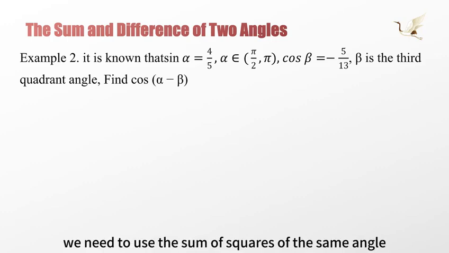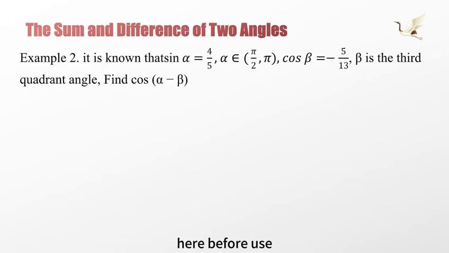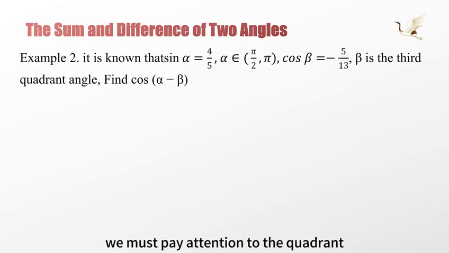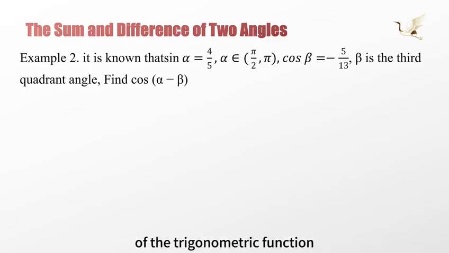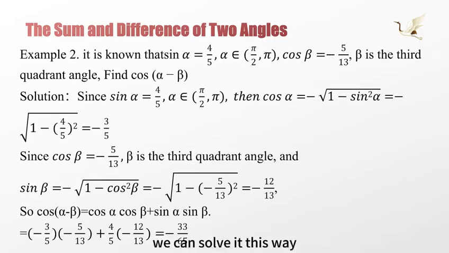Then we need to use the sum of squares relationship of the same angle here. Before using it, we must pay attention to the quadrant where the angle is located in order to determine the positive or negative sign of the trigonometric function. We can solve it this way. Sine alpha is equal to 4/5, and alpha belongs to π/2 to π. We can get that cosine alpha is equal to negative the square root of 1 minus sine squared alpha, and its value is negative 3/5. Because cosine beta is equal to negative 5/13,